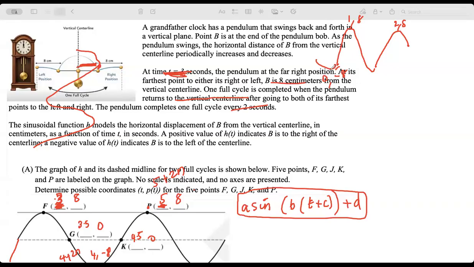So guys, this is the sine curve. So what do we do? Sine curve starts in the middle, right? So it is a little back. So what did you get? So this is basically the midline, right? 0, 2 pi by b. So first of all we have to find b. Amplitude is what? Amplitude is 8. We all know that amplitude is 8. We are going to have a positive amplitude.